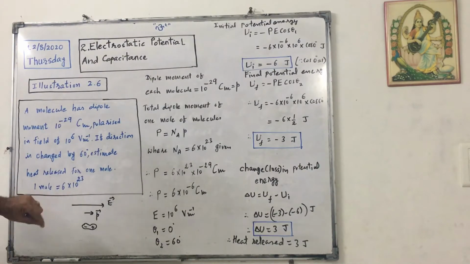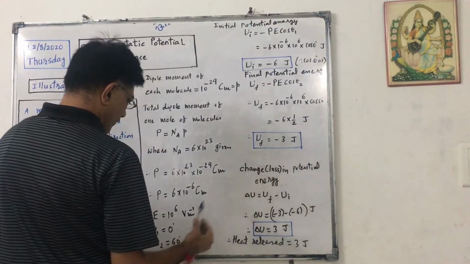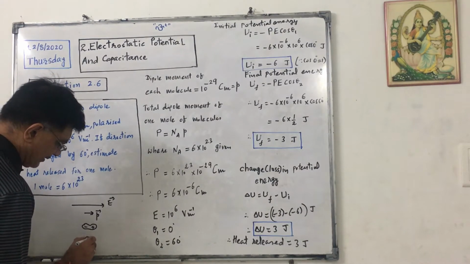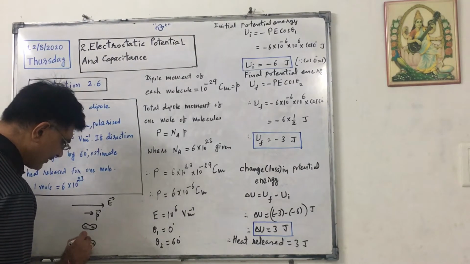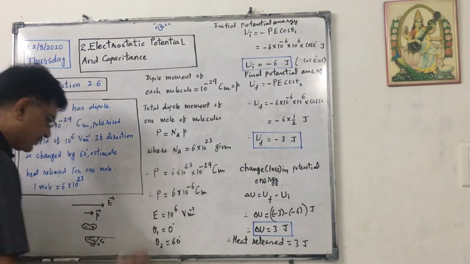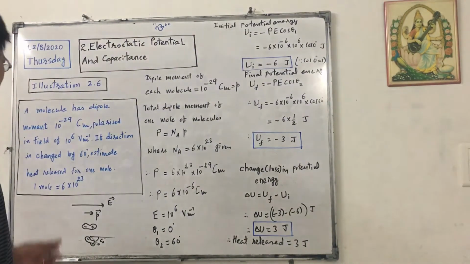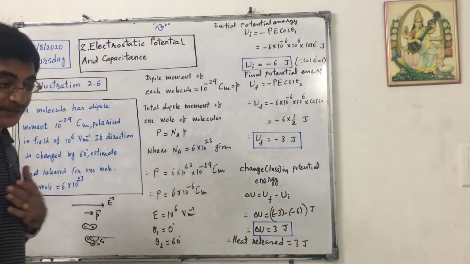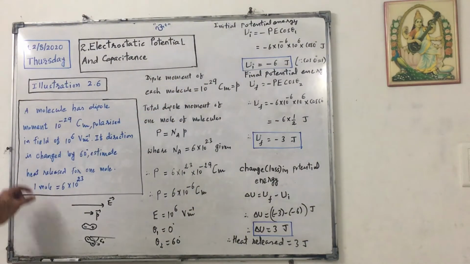If direction is changed by 60 degree, okay, here it is 0 degree, theta 1 is 0 degree, then it is moved by 60 degree, okay, 60 degree in this direction, making 60 degree with this, suppose. For that we have to apply force, okay, and then we have to find out the heat released. Why heat released? Because the field will oppose, okay. So theta 2 is 60 degree and 1 mole is actually